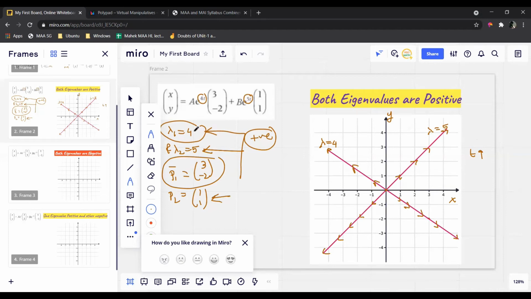Depending upon whichever is the highest, the solution moves towards that. If you compare lambda equals 4 and lambda equals 5, you can observe carefully: as time approaches infinity, e raised to 5t and e raised to 4t, which one will approach infinity faster, 5t or 4t? Of course 5t, right? So all the solutions will start from the lower values of lambda and go to the higher values of lambda, and we have to draw it parallel to the eigenvectors.